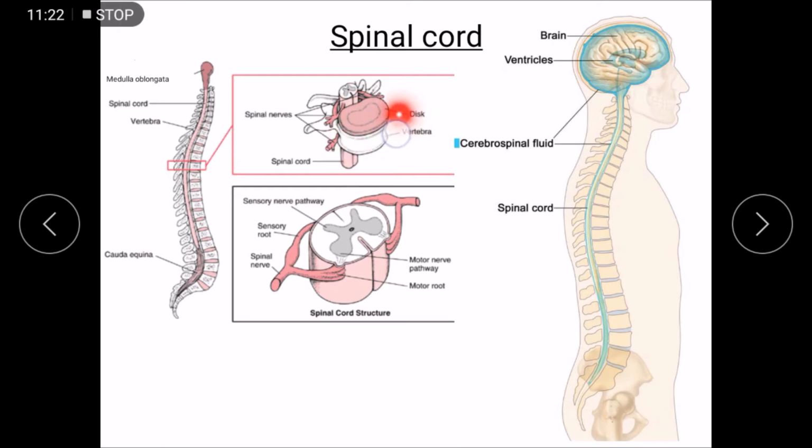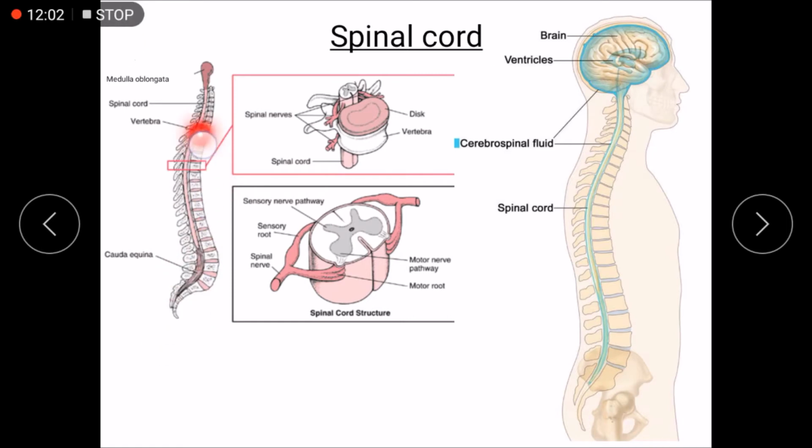Now from the spinal cord, the nerves must branch out. They cannot stay inside that bone, even though they need the protection. So they come out from the foramen at the side, and then they become the peripheral nervous system, or the peripheral nerves. Here is the picture overall, and we start with the medulla oblongata. From the medulla oblongata, it elongates into the spinal cord, within the spinal vertebrae. Then we form the